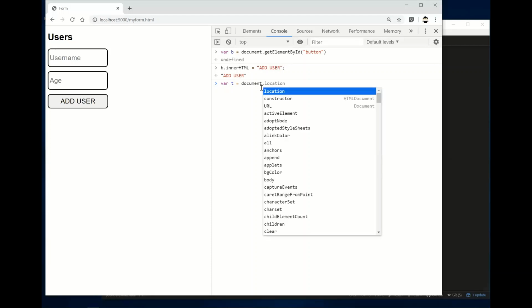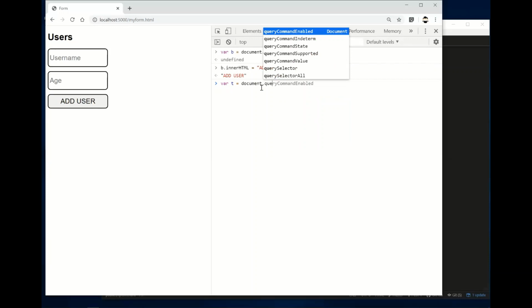dot, and then I'm going to do querySelectorAll. This is actually a very important, very useful tool. I use this quite a bit. The querySelectorAll accepts a selector in the form of CSS. So it accepts a CSS selector. So for example, if I do